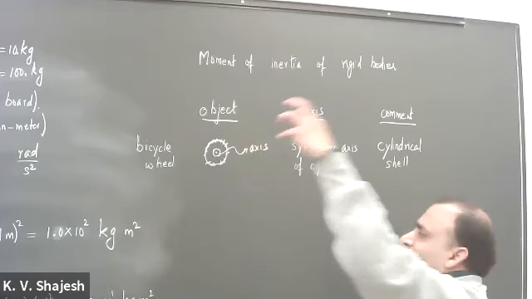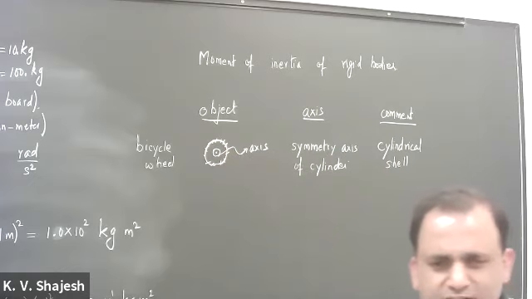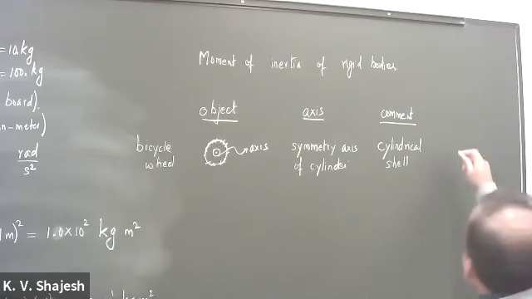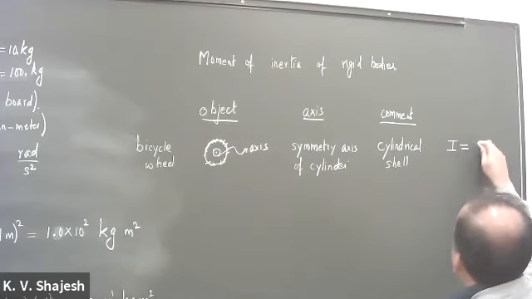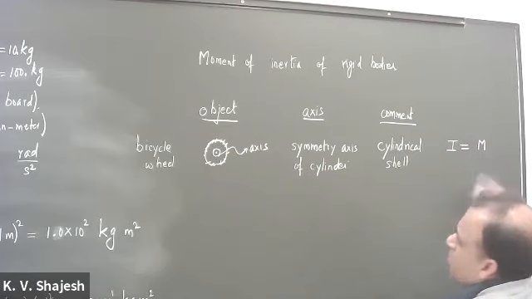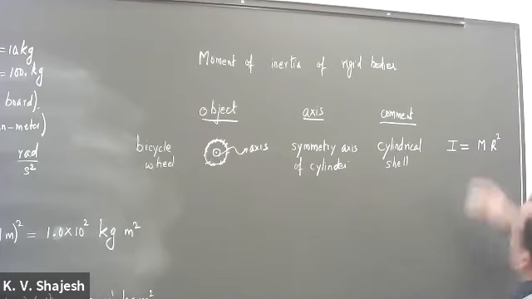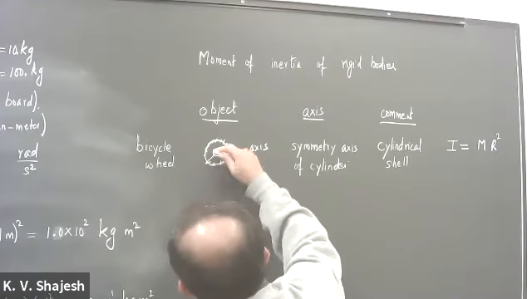Like if you think of this as a cylinder, there is an axis associated with that cylinder, and we are keeping that as the axis. In that case, the moment of inertia is exactly M, the mass of the cylinder, times the radius of the cylindrical shell. That's MR squared, and that's all there is to it. So I should actually specify the radius R. That's your R.